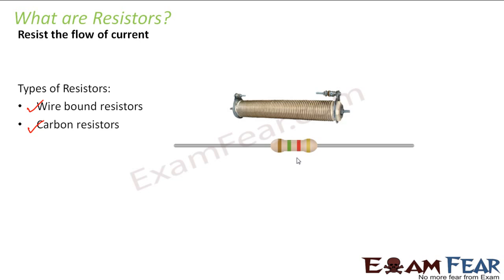So what will you do? In such cases, we combine the resistors which are available to get that desired value of resistance. Getting my point? So in order to make our desired circuits, when we want some specific value of resistance, sometimes we combine resistors to get that particular value of resistance.